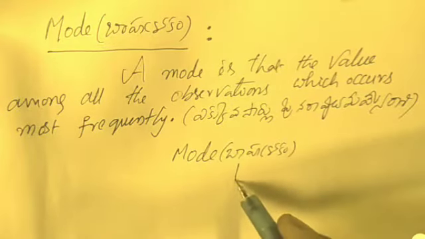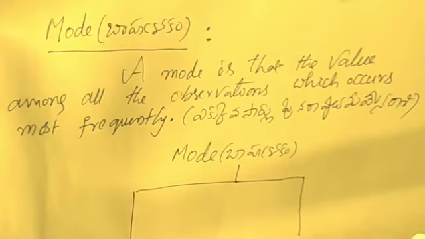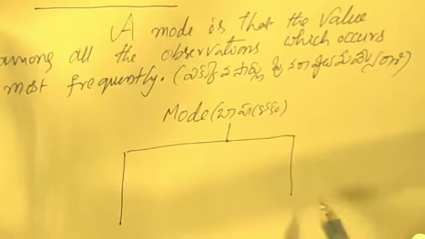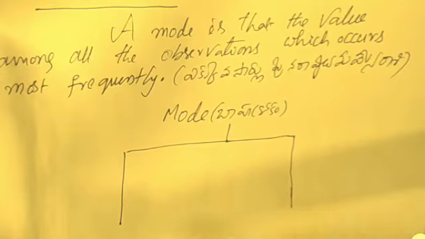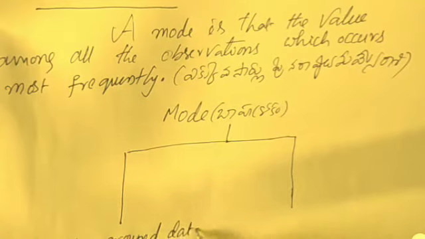A mode is the value among all the observations which occurs most frequently. Now, mode can be found in several ways. According to the given data, if data is ungrouped data,